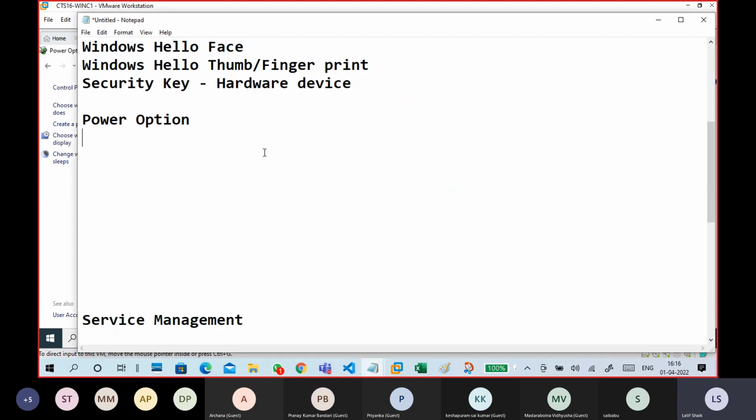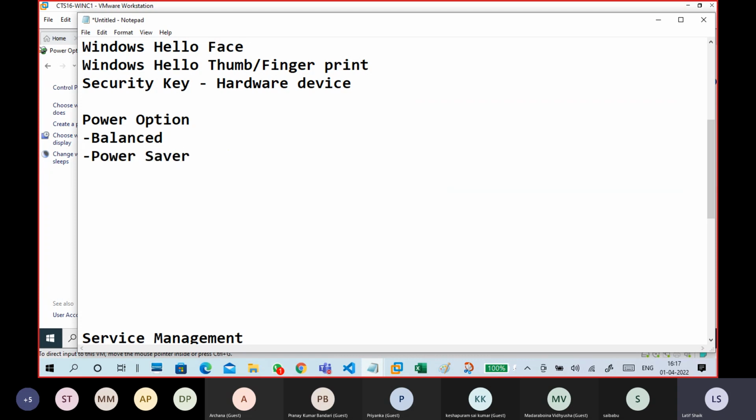Again, the power options are balanced, power saver, high performance. I'm giving the names only, guys. I will share that picture with you, so then you can write down based on that. High performance: more battery consumption, good performance.